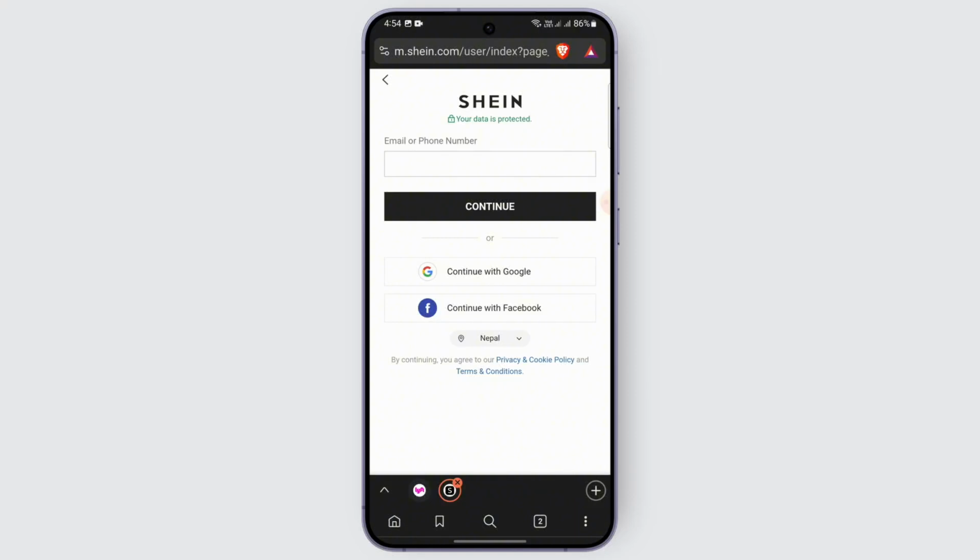And if you have used verification process, you just need to enter the code that you receive on your Google Gmail account or your Facebook account. And if you have used email, just enter your email and password, and you should be easily logged in into your Shein account. So therefore, just follow this method and you should be able to easily log in into your